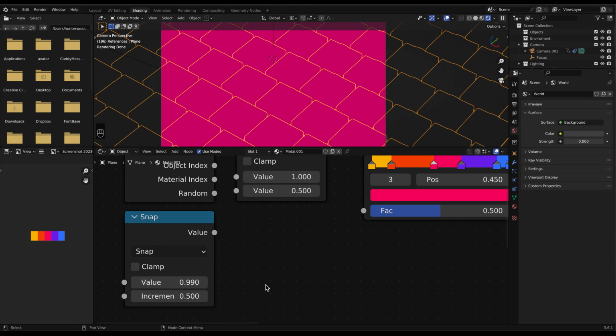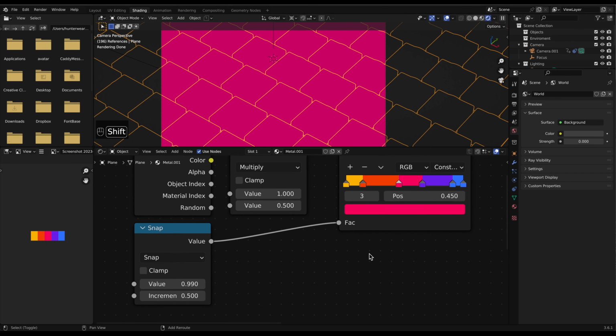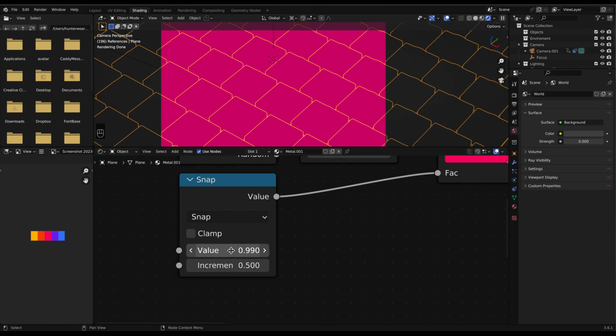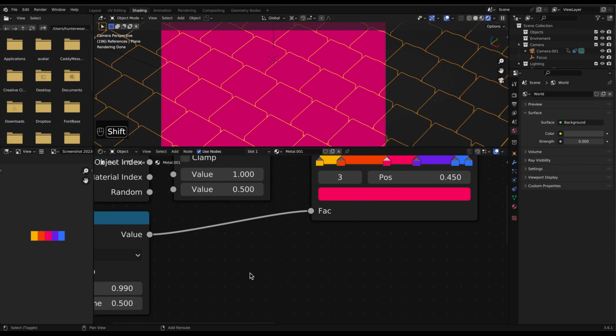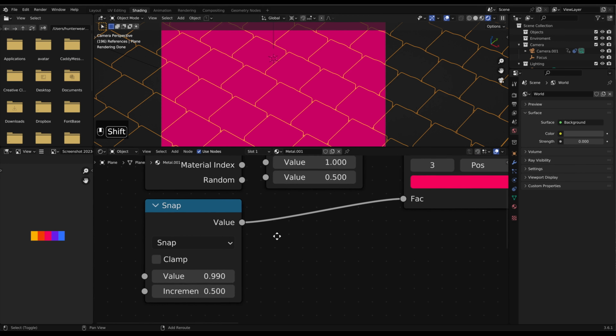here. And so if we have a look at what's going on by plugging it into the color ramp, you'll notice that something's going on, even though it's snapping to the lower increment. So what's happening is 0.99 is going to 0.5. You can see here that it's going to 0.5 on a value here because it's pink.